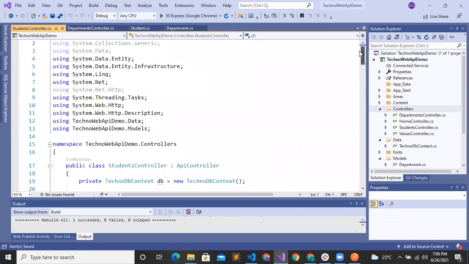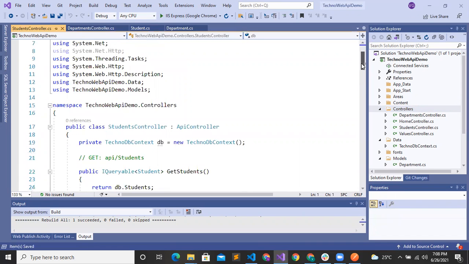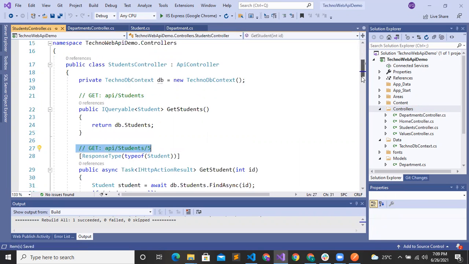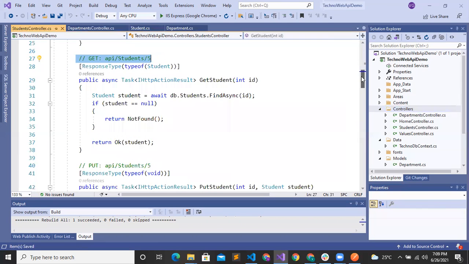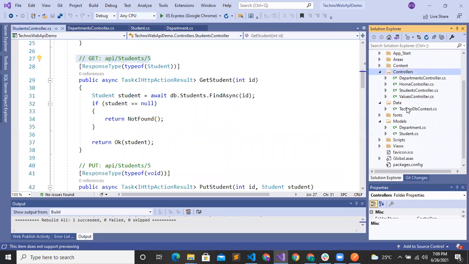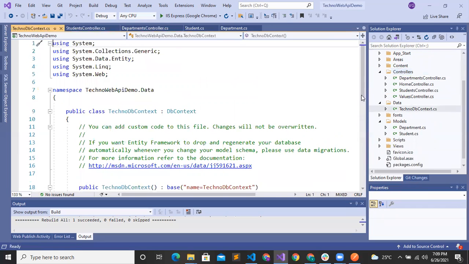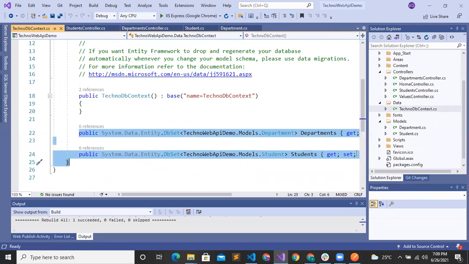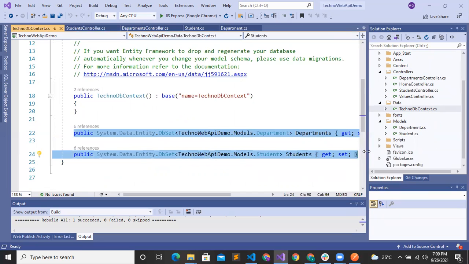And the student controller is created. You can see here APIs are created for get, put, post, and delete. And you can also see here TechnoDBContext. Here all the database related things have been generated.